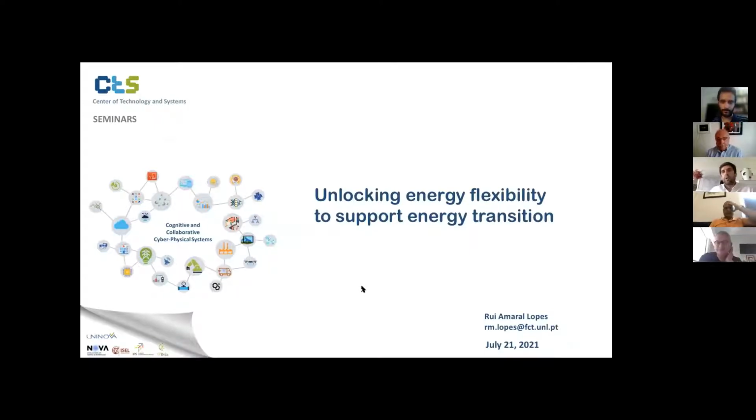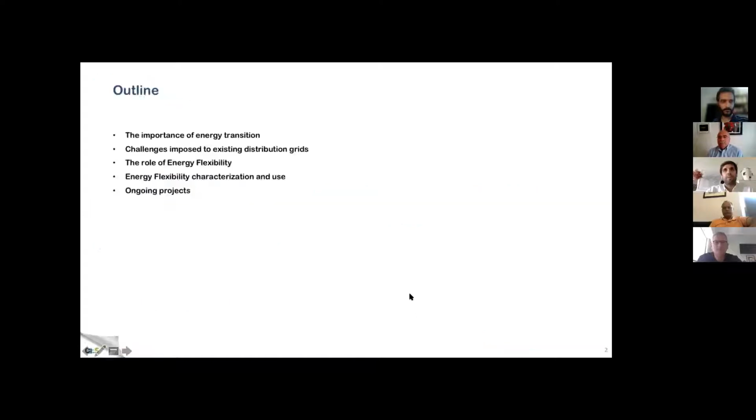Well, this seminar is about unlocking energy flexibility to support energy transition, a topic that seems to be in the news during the last days. So I will address the importance of energy transition given the current context, and also the challenges that might be imposed on the existing distribution grid, which can be related with this energy transition, namely the increasing integration of renewable energy resources and the increasing electrification of energy demand might impact the operation of distribution grids. And therefore, what we have been studying is that energy flexibility can contribute to minimize the possible negative impacts on energy grids,